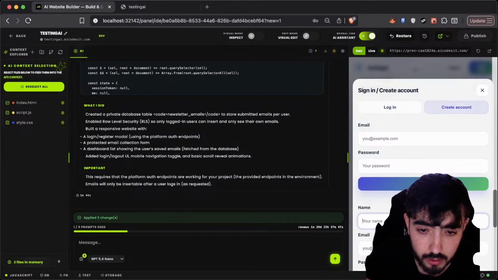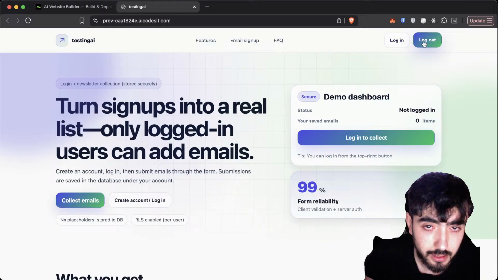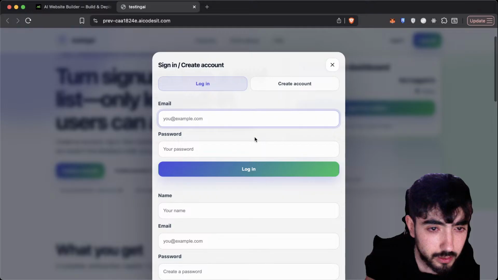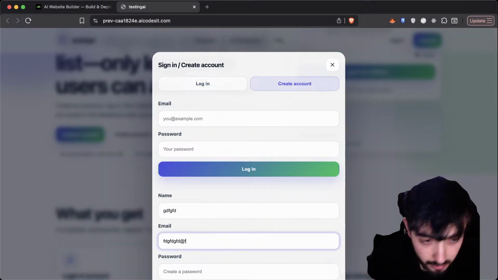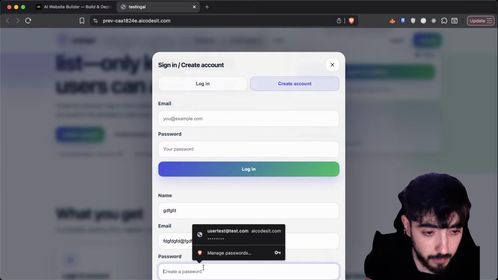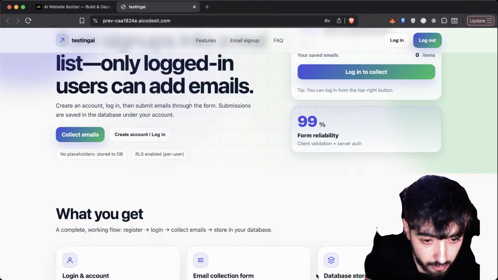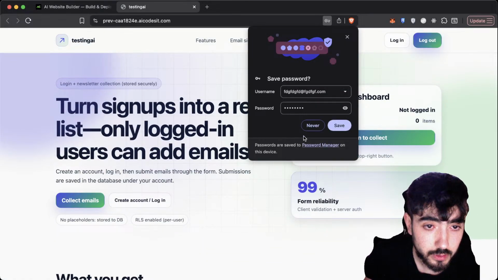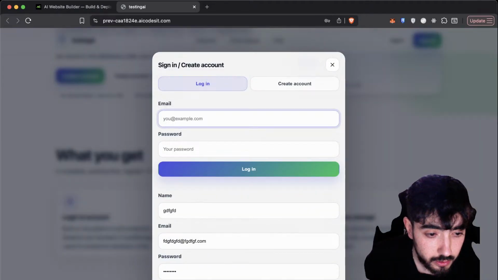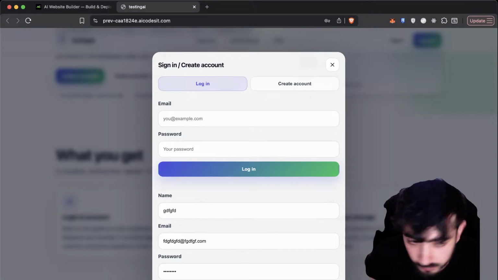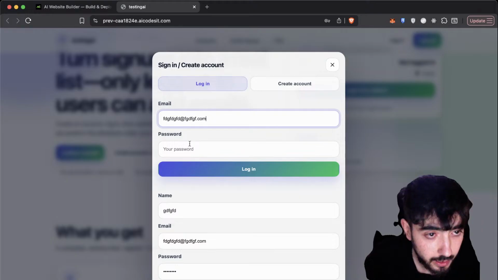So let's open it on desktop. Let's click on login, create an account. Let's create this name, this email, password. By the way, the design doesn't look very nice, so I will need to, oh no, let me see. Okay, so it's still here. Confirm password and create account. Account created, please log in. So now it tells me that I have to log in.